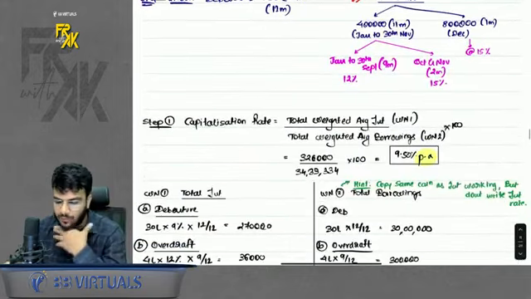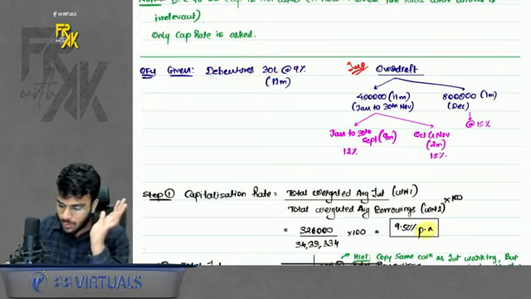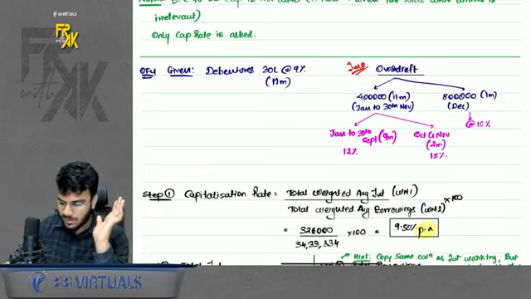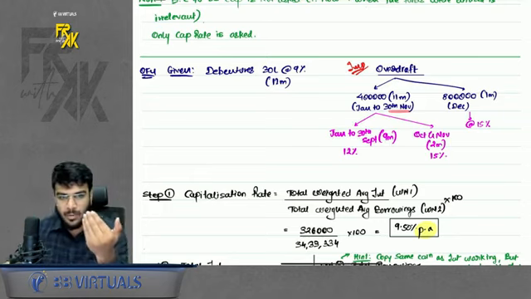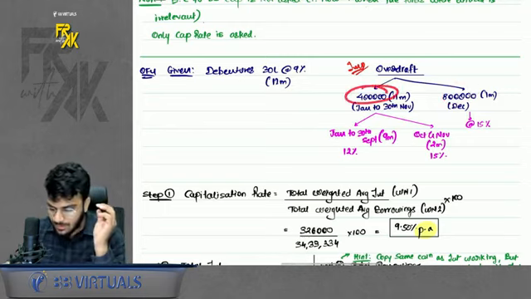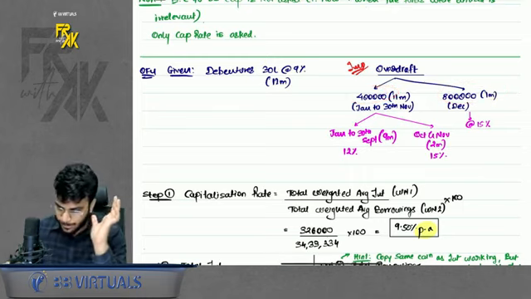Now how will I compute? Debenture I had 30 lakhs at 9%. Overdraft, what was written? I just bifurcated it. Till December you had 4 lakhs, then in December you raised 8 lakhs. So for 11 months, the principal amount was 4 lakhs. For the last 1 month, it was 8 lakhs.